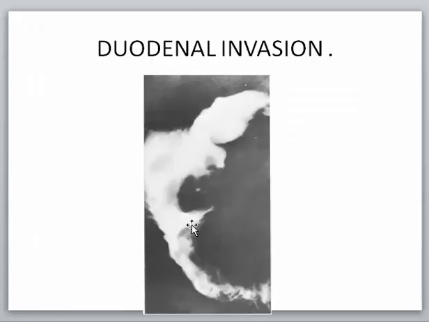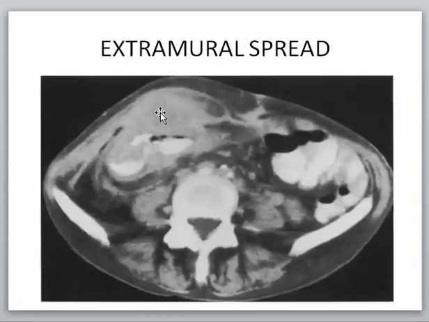This is the inverted 3 sign appearance, and this is the inverted 3 sign appearance of the duodenum, which is indicative of invading carcinoma. Usually pancreatic carcinoma will do such an appearance. Extramural spread: any cancer can produce extramural spread. In such case, we have luminal irregularity and soft tissue mass around,